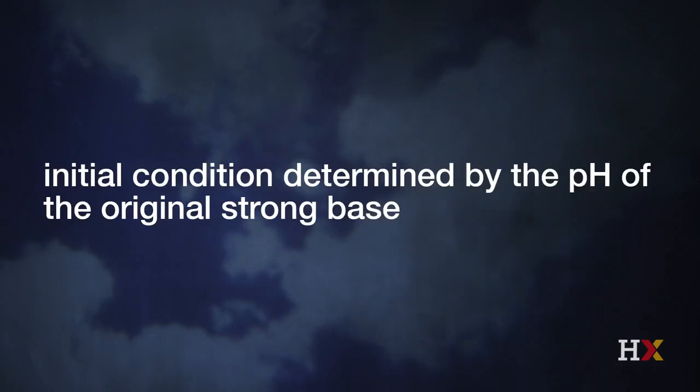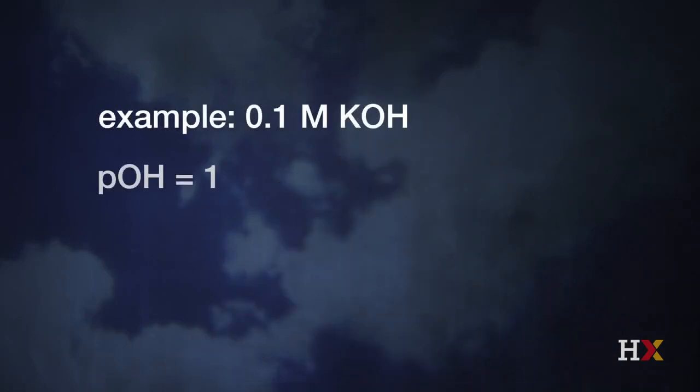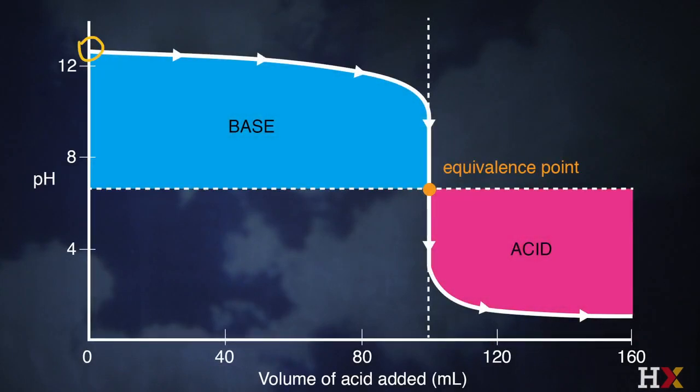Now let's flip this around and look at the titration of a strong base by a strong acid. In that case, the fundamental relationship between the H3O+ and the OH- remains exactly the same in solution. That is, we have an initial condition determined by the pH of the original strong base, and if we're given a 0.1 molar potassium hydroxide solution, we can immediately calculate that. The pOH is 1, the pH is 13,